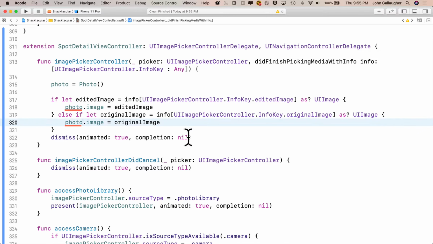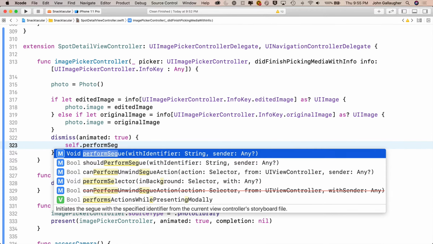Then we'll modify the dismiss statement. It currently has no completion handler, but we want one because when the view controller dismisses, we're going to want to perform our segue and pass our photo over to our new photo view controller. Now I like that trailing closure format. It's totally okay to highlight the completion in that comma inside the parens, delete it, and then put curlies after. And in between the curlies, I'll call